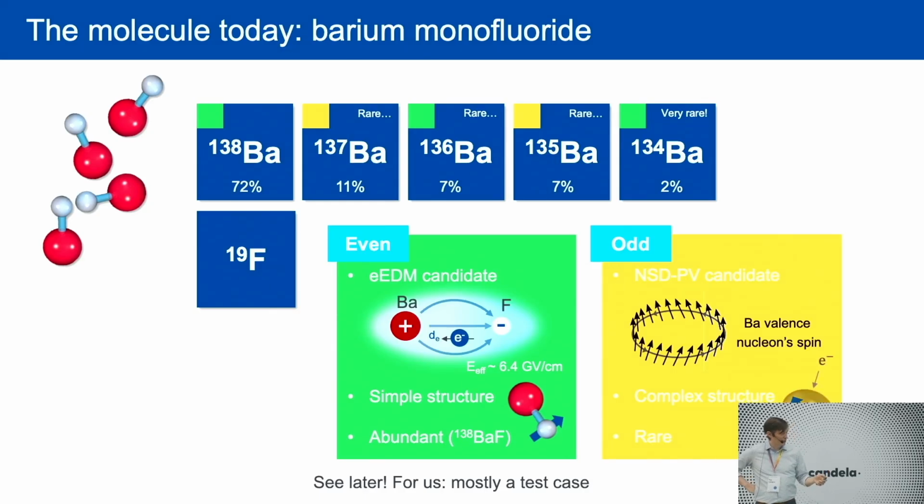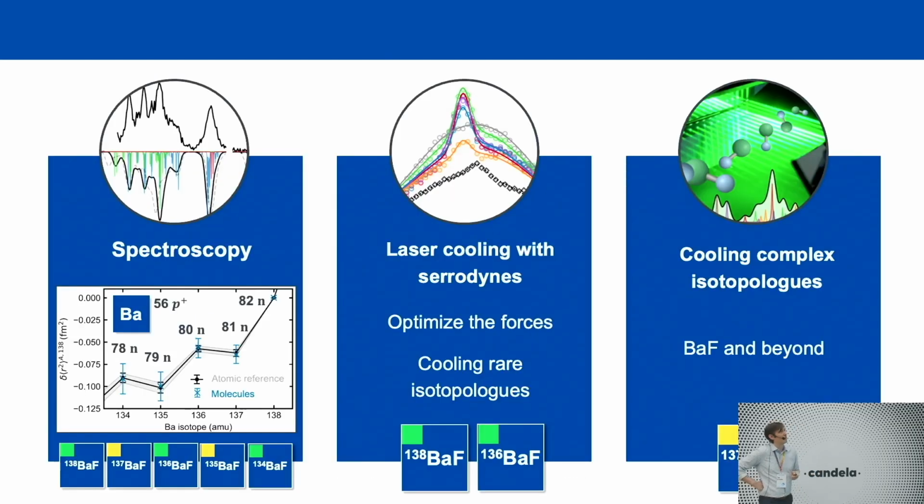And why do you actually need this? Well, I told you in the beginning, you need this particular structure where one electron sits actually on the barium metal for laser cooling. And that electron is actually what you are probing in the end to probe the nuclear spin. So it needs to overlap essentially with this nuclear spin. So you cannot use these simple isotopes, you need the complex ones. And on top of that, you see the abundances here. We work with natural abundances. They're already an order of magnitude lower than for the most abundant isotope. And so it's a bit challenging.